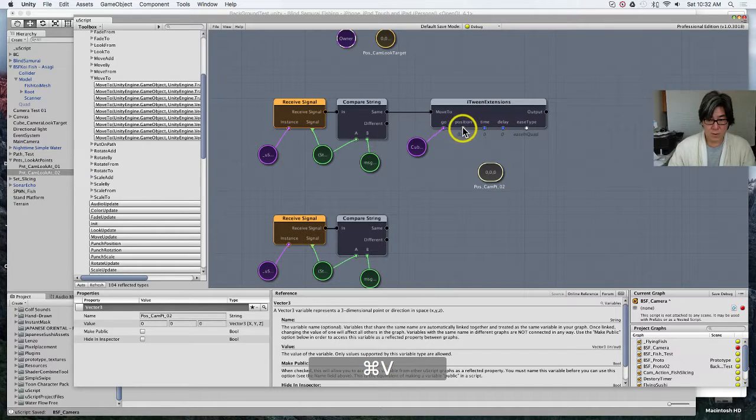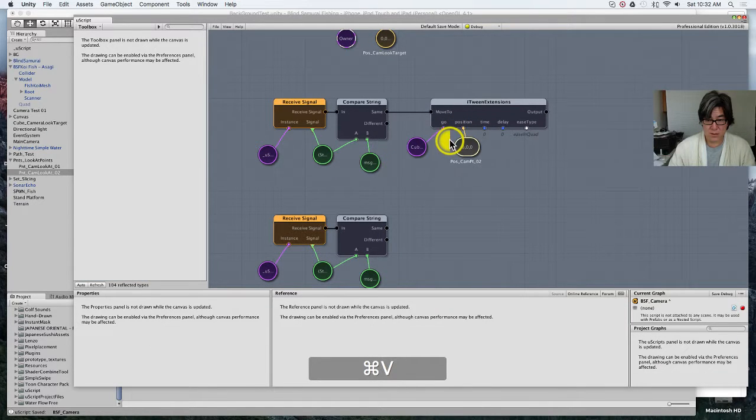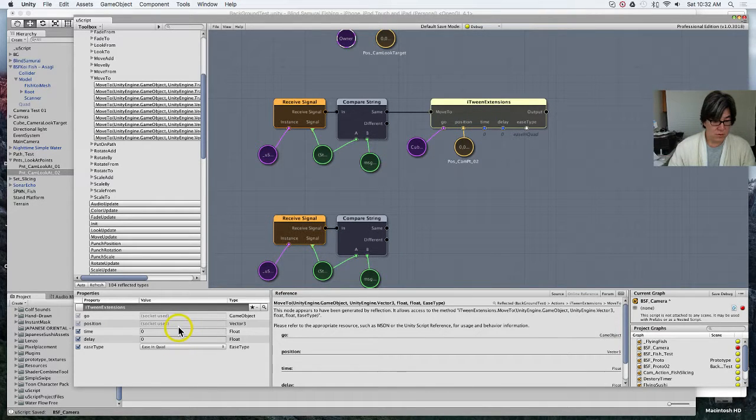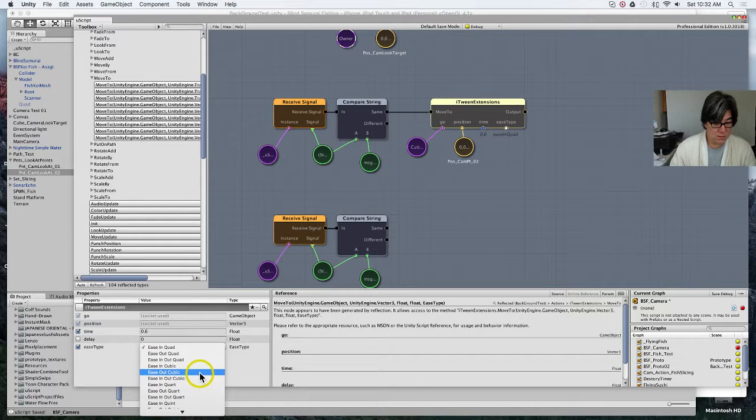In, let's call it 1 second. Let's call it 0.6 seconds. That's going to be pretty close. No delay. We don't need that. And we'll leave this ease in cubic for now. And then let's go ahead and set up